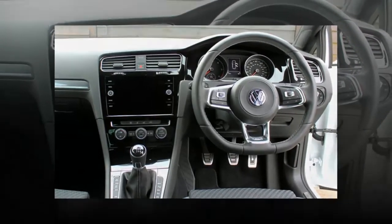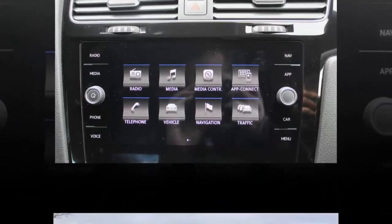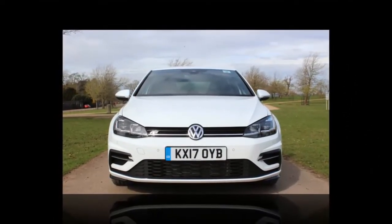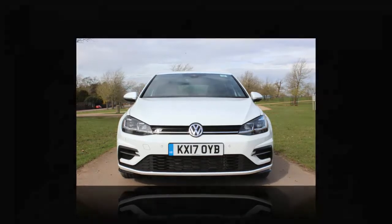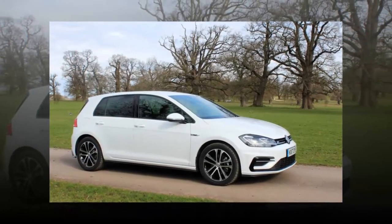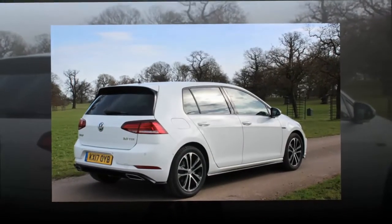The good news in that respect is that you'll find the Golf comes standard with everything you expect these days, including App Connect, which means Mirror Link, Android Auto and Apple CarPlay are standard fit. What's more, you can now splash out and upgrade the tech further with the Active Info display, a 12-inch digital cluster that's a £495 option, but standard on GTE, GTD, GTI and R models. While some of this tech upgrade is good news,